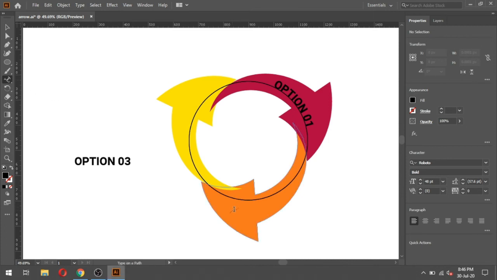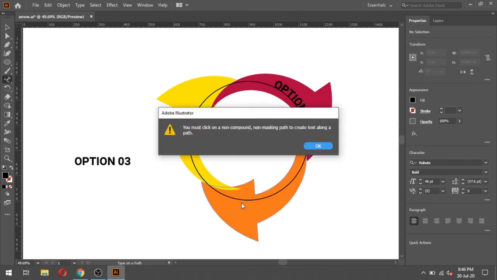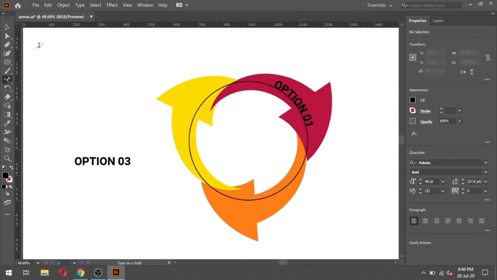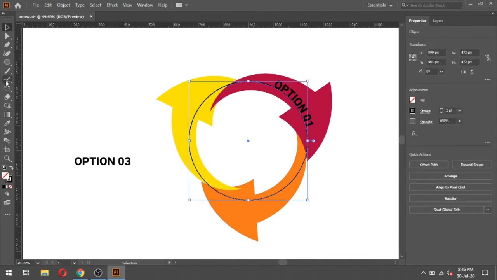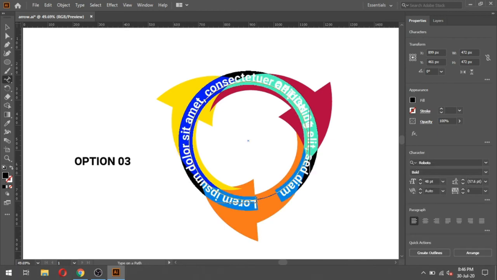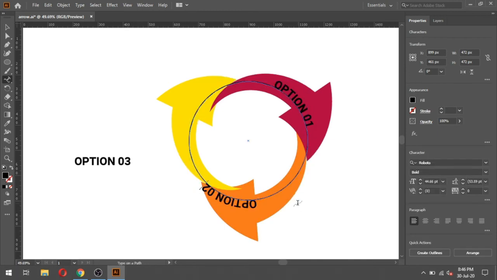First we have to select text on path. We are selecting the wrong text. Text on path. Paste it. Rotate the circle.